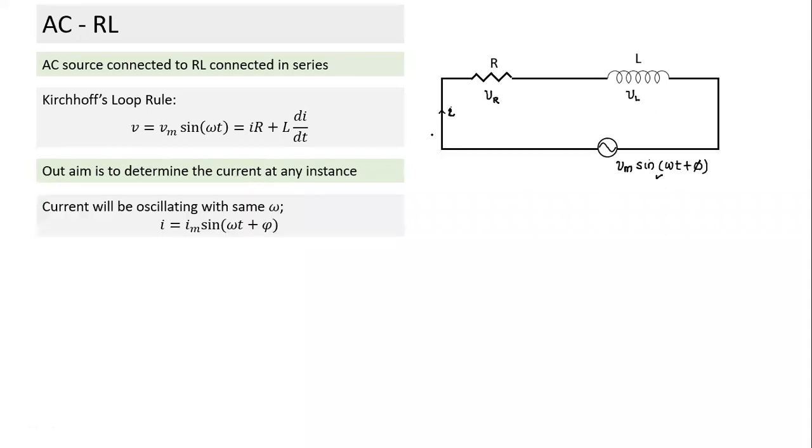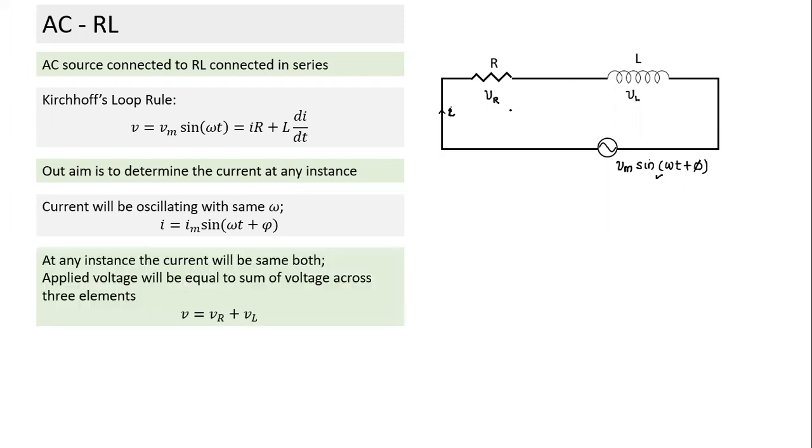The first thing that is easy to understand here: since they are connected in series, whatever current is there across the resistance, the same current flows through the inductor. So the current will be oscillating with the same omega. If the applied voltage has zero phase, the current will have some phase constant, which we need to find. But what we can easily guess is that the current also will be oscillating with the same omega. That's how science develops. We make an assumption based on some intelligent guess and see whether the assumption is correct through several verification processes. This is something we could have done through integration also, but integration is not necessary. So this is VR and VL.